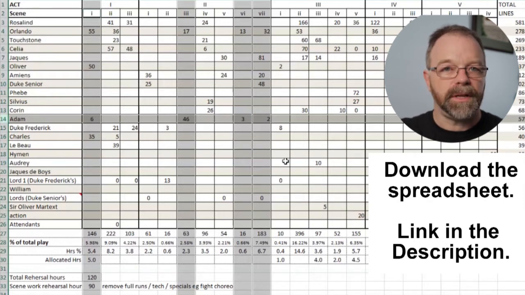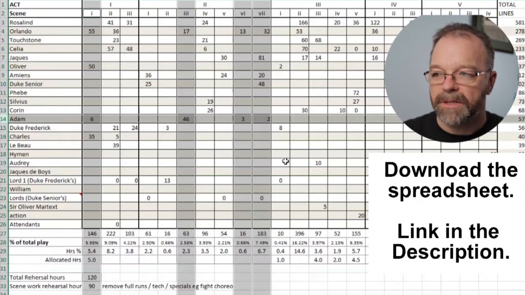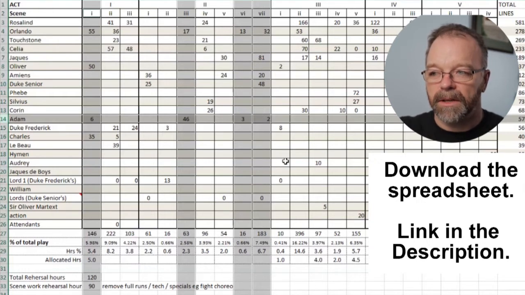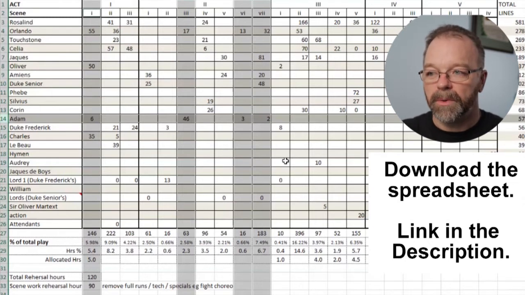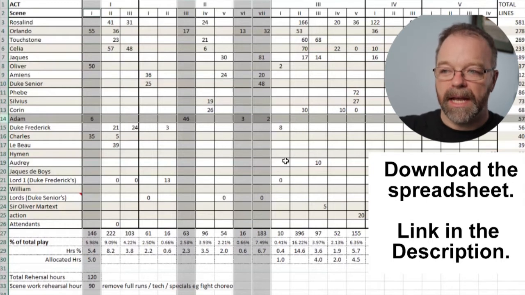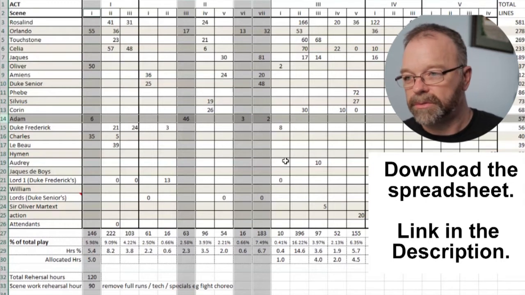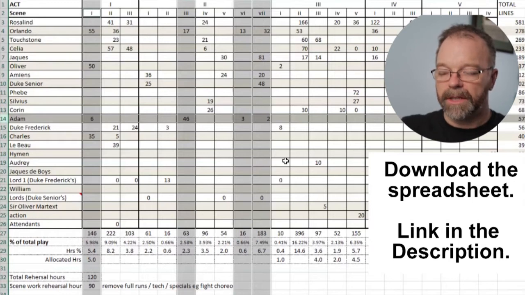So we could do an evening where we just focus on Adam's scenes. And we go, okay, Adam, so we're going to start with Act 2, Scene 3, then we're going to move into Act 2, Scene 6, so that we're just doing the Orlando and the Adam scenes. Then we're going to work on the Oliver scene. We'll do Act 1, Scene 1, and then we'll go to Act 2, Scene 7, and the other actors can turn up and Oliver can go home.